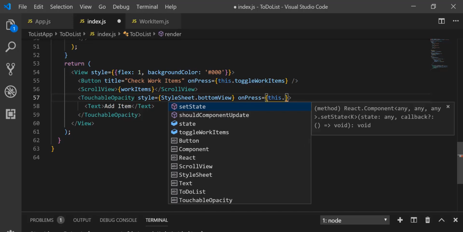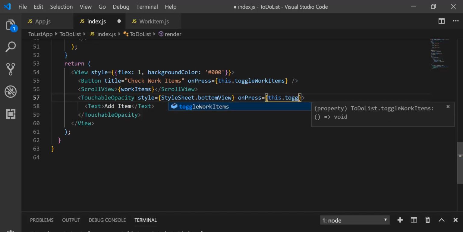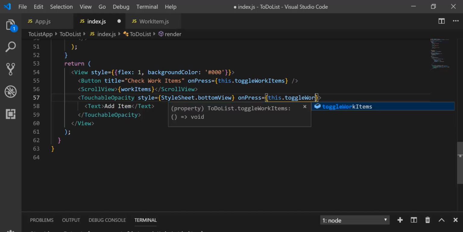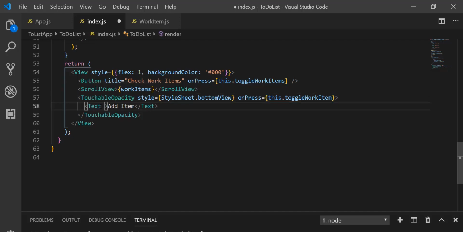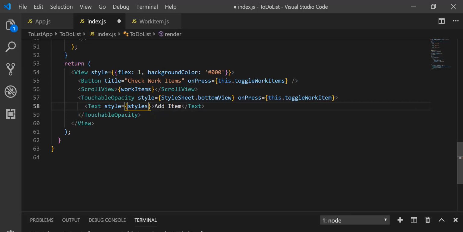You can give it a suitable name like addItems, or toggleWorkItem I have. And for the add item text I'm going to use style equal to styles.textStyle,